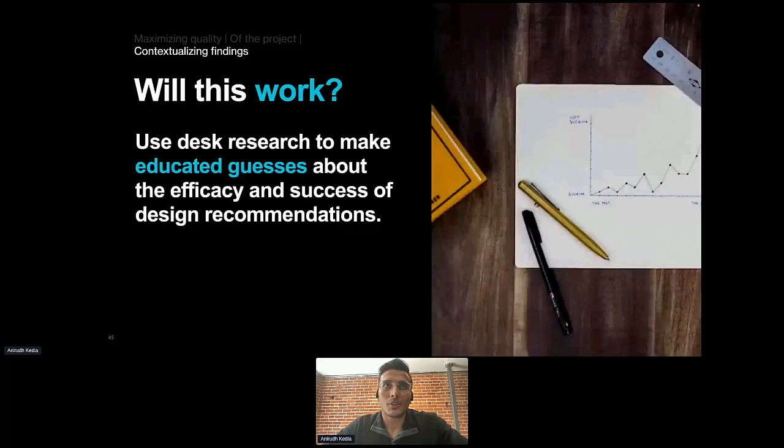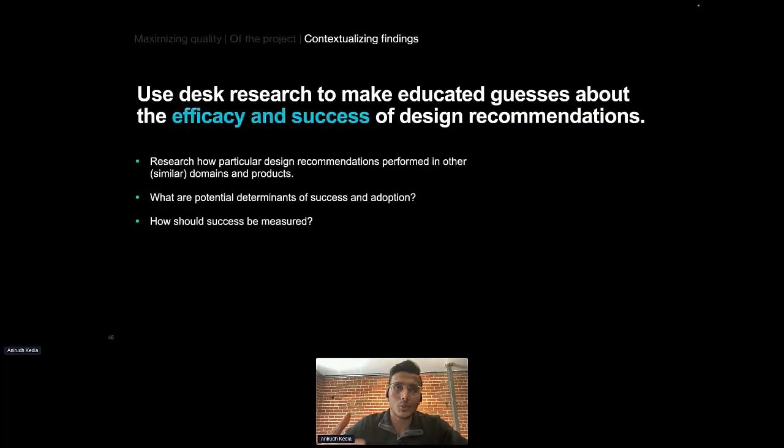I've talked about making educated guesses about the efficacy and success of your design recommendations using desk research, right? You can see how these recommendations performed in other similar domains and products. What were the potential determinants of success and adoption in that case? So you can supplement your design recommendations with a value add that tells your stakeholders, hey, you should probably do this additional thing based on my understanding of what has come before,